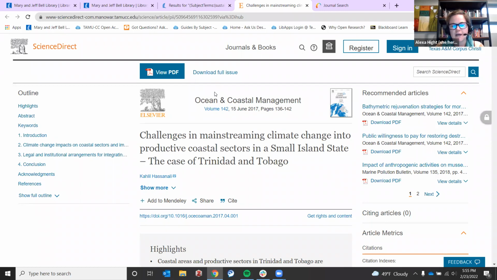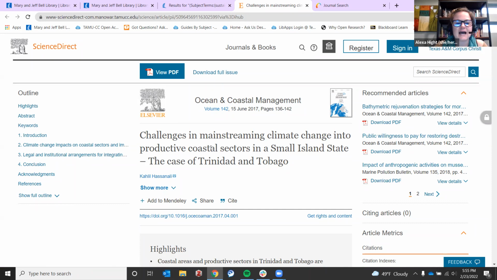We ask you to log in from the library's resources rather than going to Science Direct and trying to log in, because it is easier for us to authenticate you by going from the library's resources or from Blackboard to the library's website, because that's helpful for us. So here, Elsevier was causing trouble with Zotero, so we will try to use Elsevier. This is a journal article published in the journal Ocean and Coastal Management, which is owned by the publisher Elsevier.